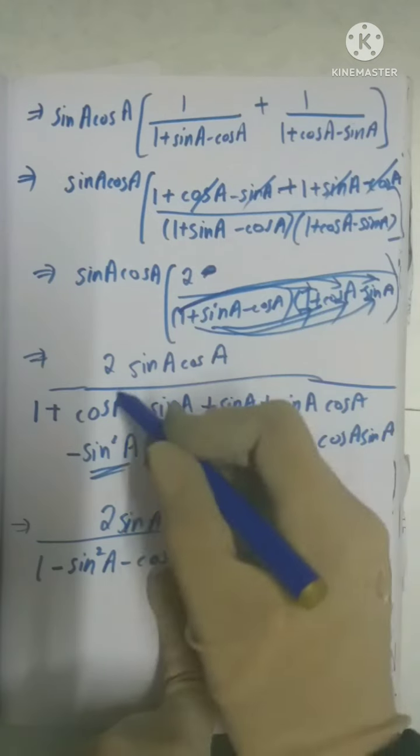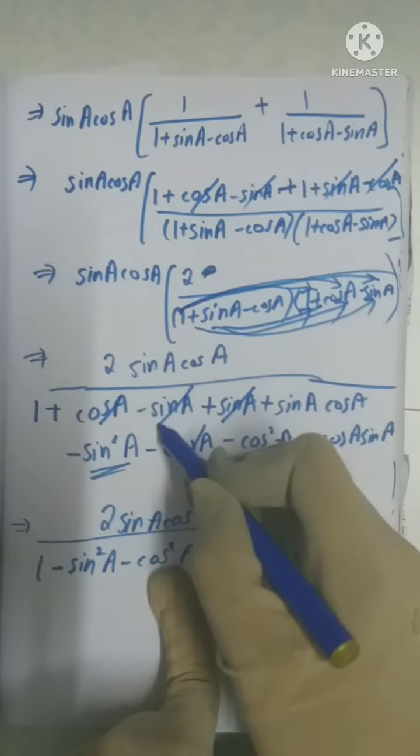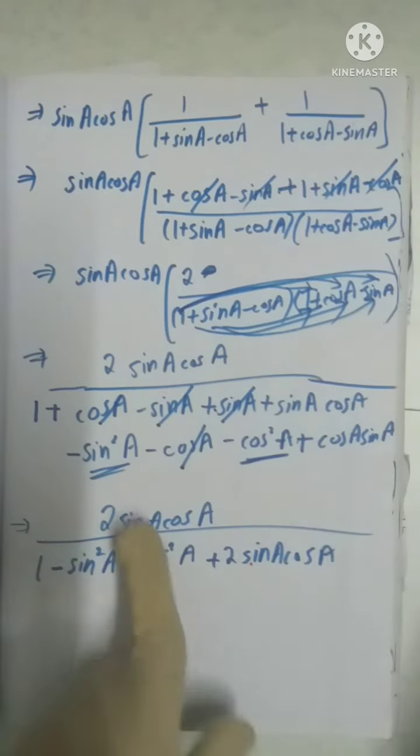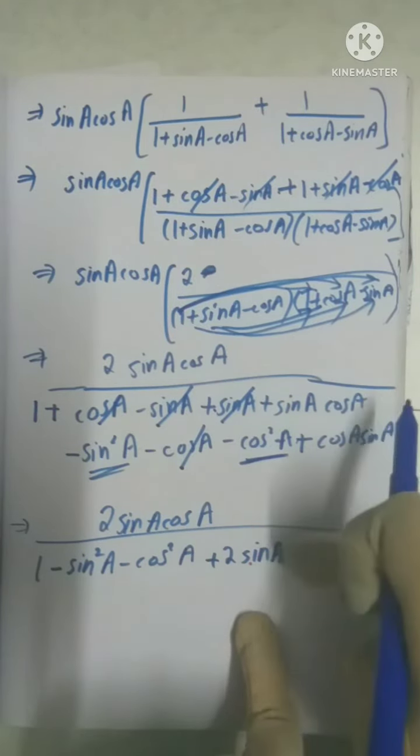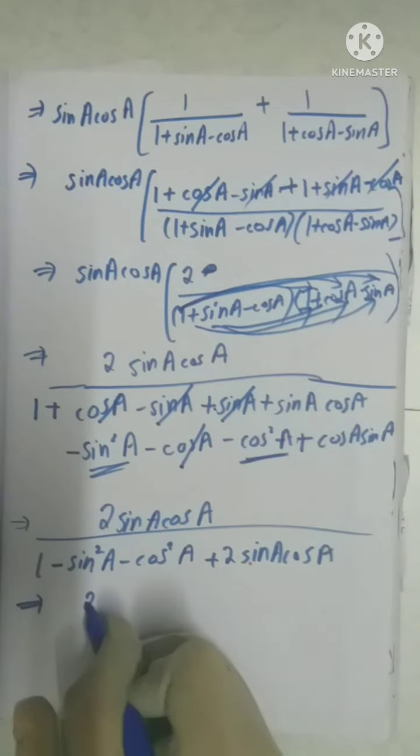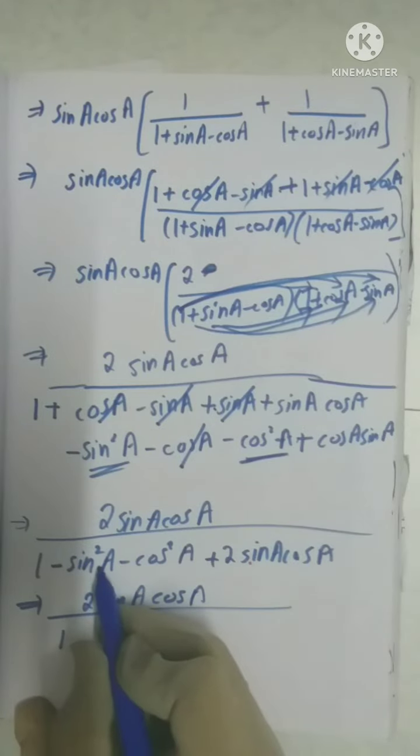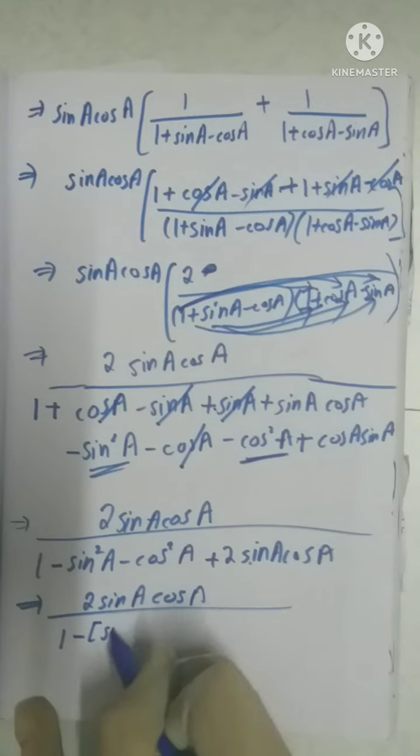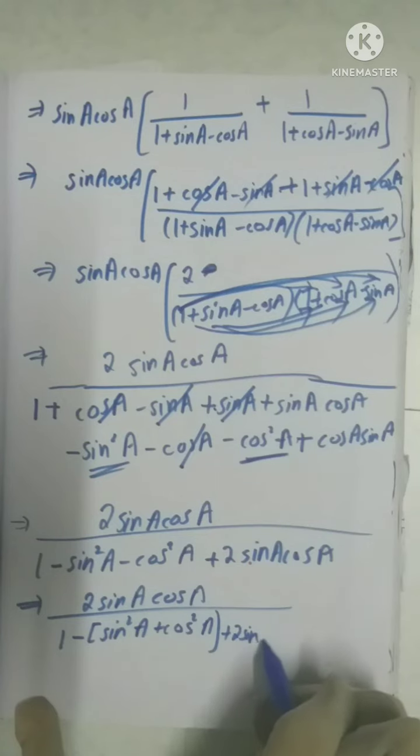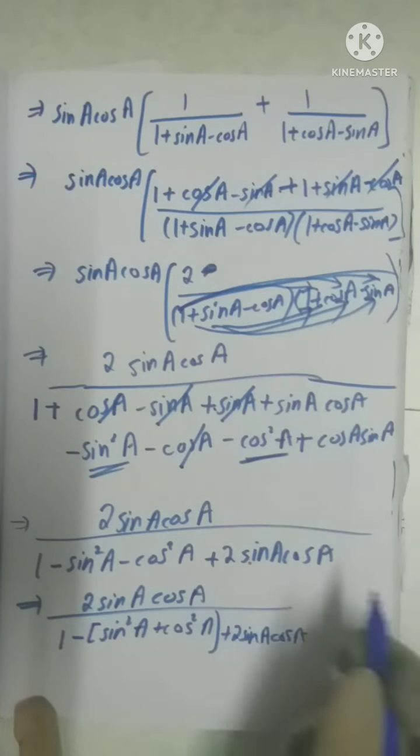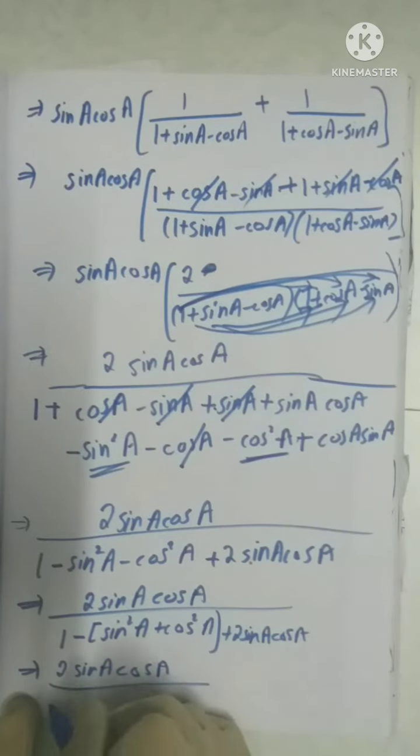And here plus cos A minus cos A will get cancelled because this is plus, this is minus. Plus sin A minus sin A will get cancelled because this is plus and this is minus. Already I wrote minus sin square A minus cos square A here, and sin A cos A plus sin A cos A is 2 sin A cos A. Now this is 2 sin A cos A by 1 as it is. Minus we will take out common from sin square A and cos square A. So if I take minus common, I am left with sin square A plus cos square A plus 2 sin A cos A. This is equal to 2 sin A cos A divided by 1 minus,